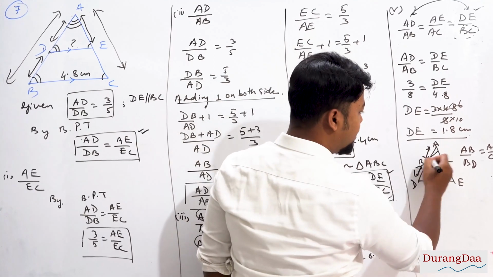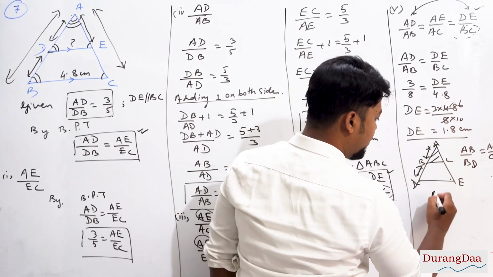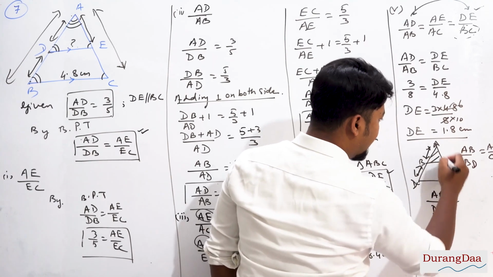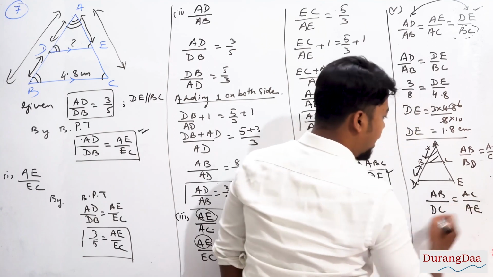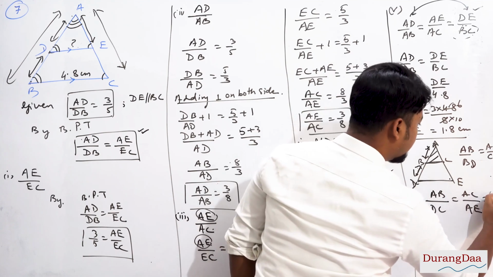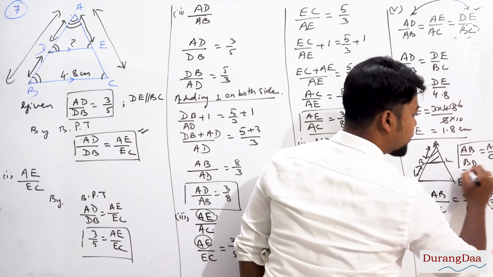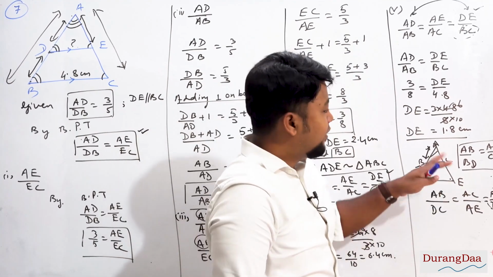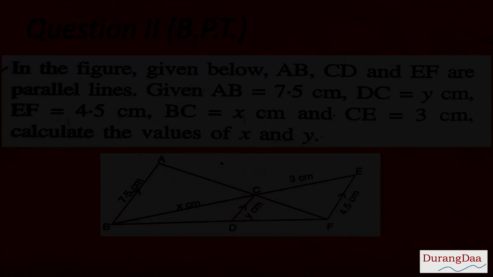But if you prove these two triangles similar, triangle ABC and triangle ADE, the ratio would be AB divided by the full side AD, then AC divided by the full side AE, and also you will get the ratio between their base. So this would be BC by DE, which is not found in case of basic proportionality theorem, but both of these have their own use. So you have to learn both. I hope the question is clear.